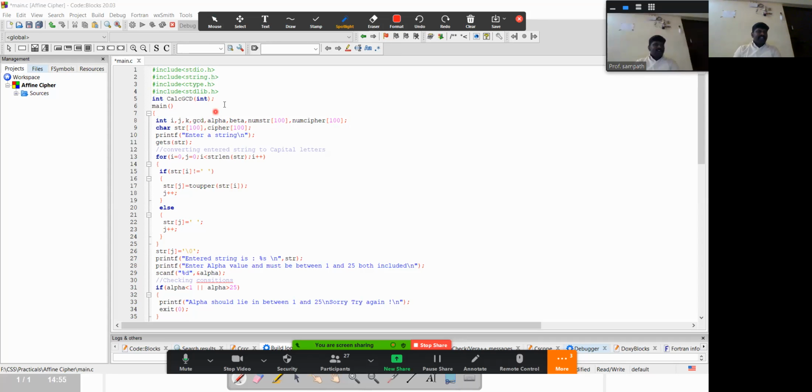GCD, in order to check, why do we need to use GCD? Because whatever values you are selecting, I mean alpha and beta, we need the GCD between those two values. Again, that should be the one, and then the alpha value, beta value, and then the temporary variables to